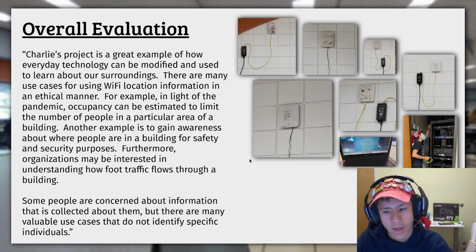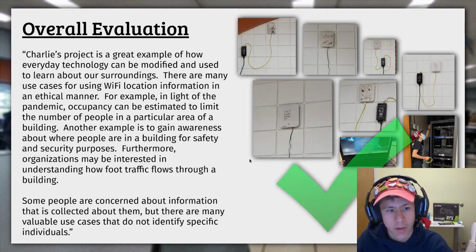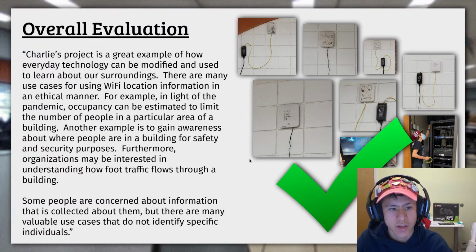For my overall evaluation, I think my project went well. One person said, "Charlie's project is a great example of how everyday technology can be modified and used to learn about our surroundings. There are many use cases for using Wi-Fi location information in an ethical manner. For example, in light of the pandemic, occupancy can be estimated to limit the number of people in a particular